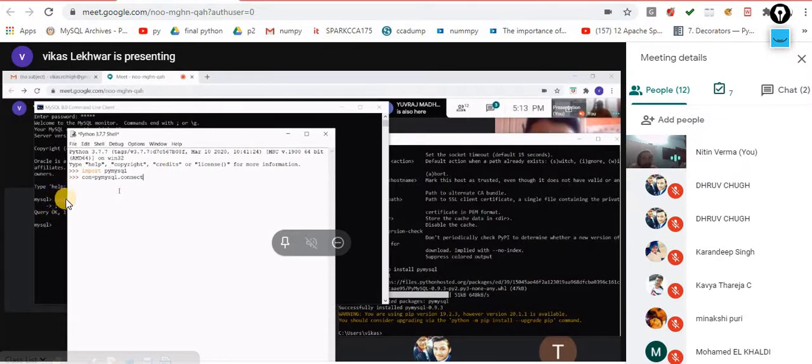For connecting this database, first I have to tell where MySQL is installed. MySQL is installed on my local server. It means I am not fetching the data from some other system, not from the cloud. I am fetching the data from my local system. That means this is the host. My MySQL is placed on my local machine, so I don't need any special IP address to fetch my data.